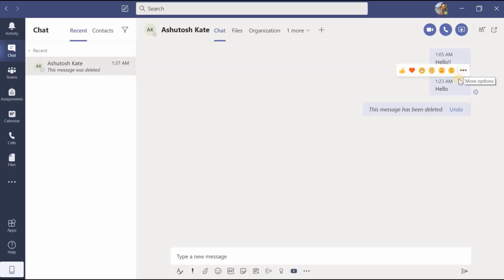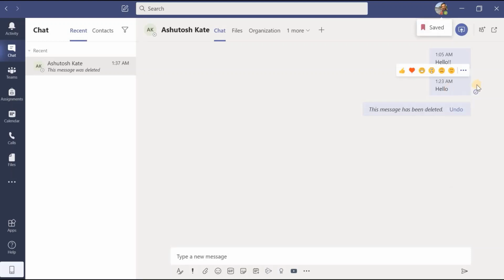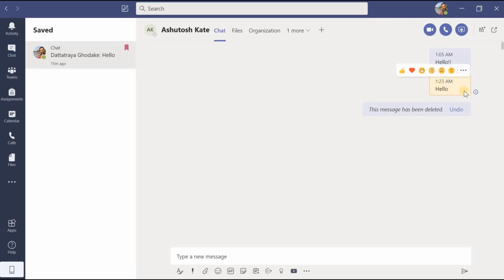Then I just need to move the cursor on that message, click on these three dots, and save this message. Then I will get a pop-up window saying that the message is saved, and inside the saved button we will get this message.